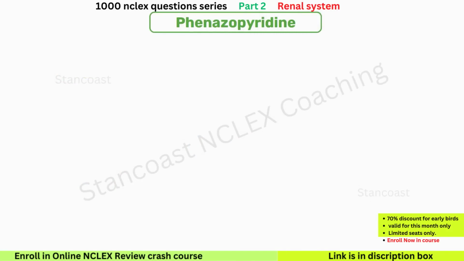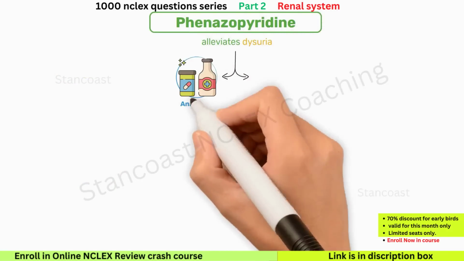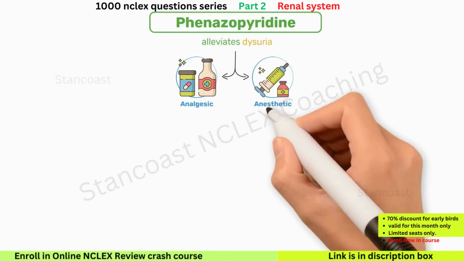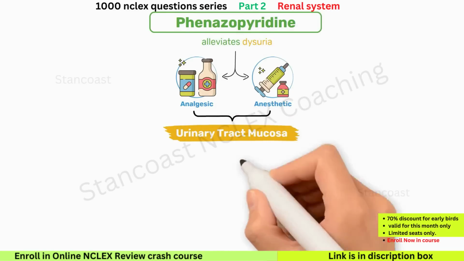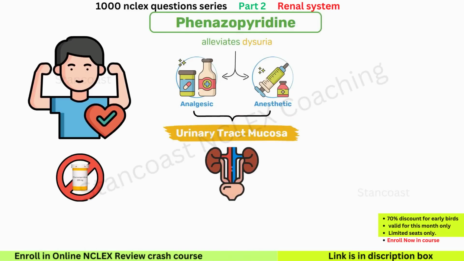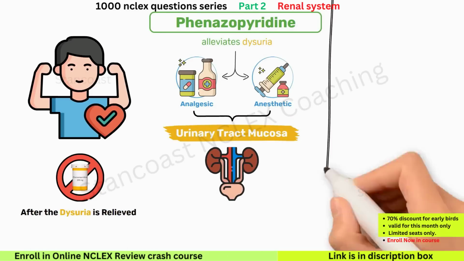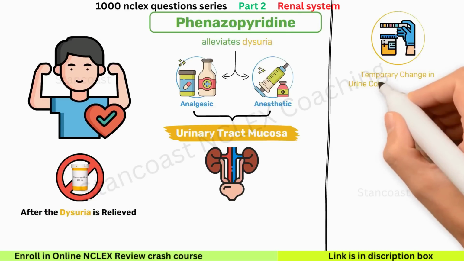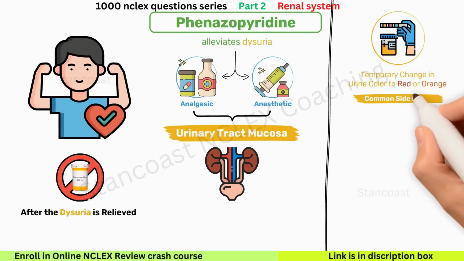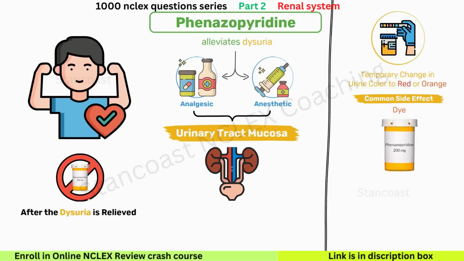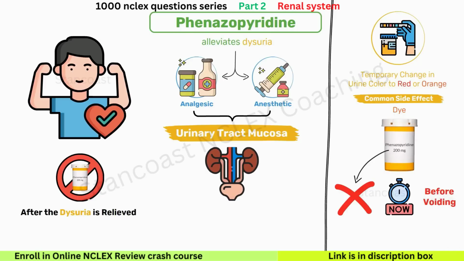Phenazopyridine is administered to alleviate dysuria by providing analgesic and anesthetic effects on the urinary tract mucosa. The patient can discontinue its usage after the dysuria is relieved. The temporary change in urine color to red or orange is a common side effect due to the dye in the medication. Phenazopyridine is not meant to be taken immediately before voiding. Instead, it is typically taken 3 times daily for 2